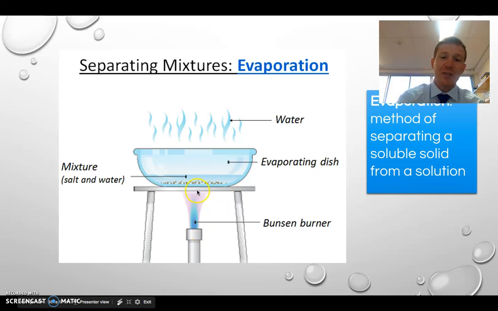Now you could leave it outside and it could take a couple of days to evaporate naturally, but in the lab we want to speed this up. So we provide a heat source and that starts bubbling and it leaves as steam, so water vapor. Eventually what will be left is the salt crystals on the bottom of the evaporating dish. So that's the evaporative process, and that can work if you're after the solute and you don't care about